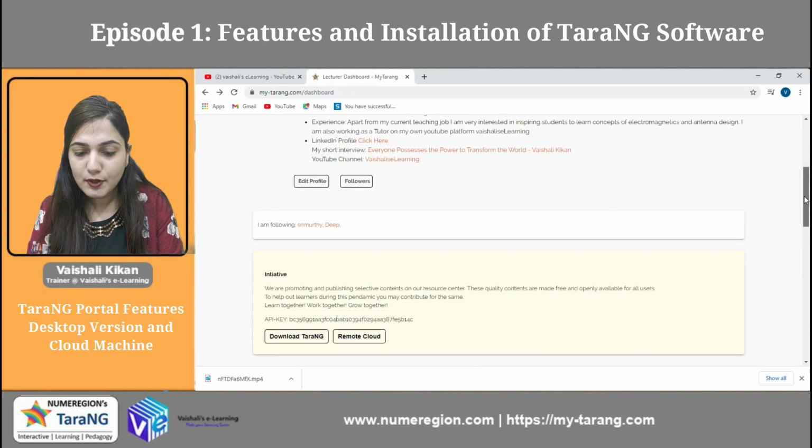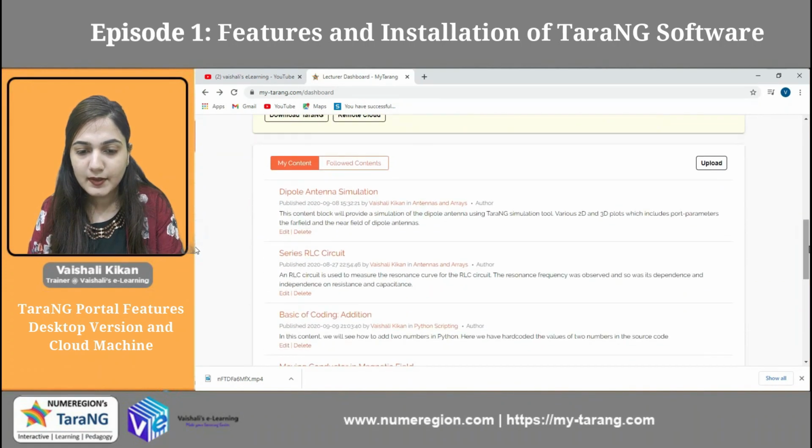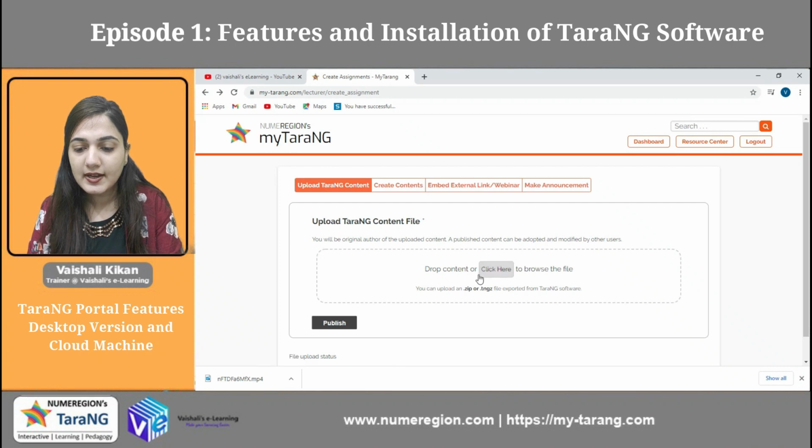Now you can see here we have the my content and the followed content option. In my content, these are all the content that I have made. So how to make content? You can go to the upload option, and here either you can drag and drop, or you can browse from your system.